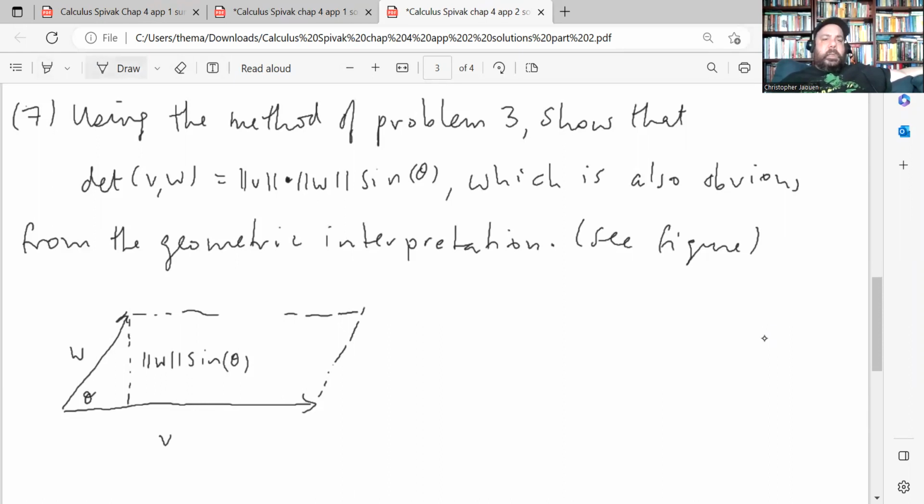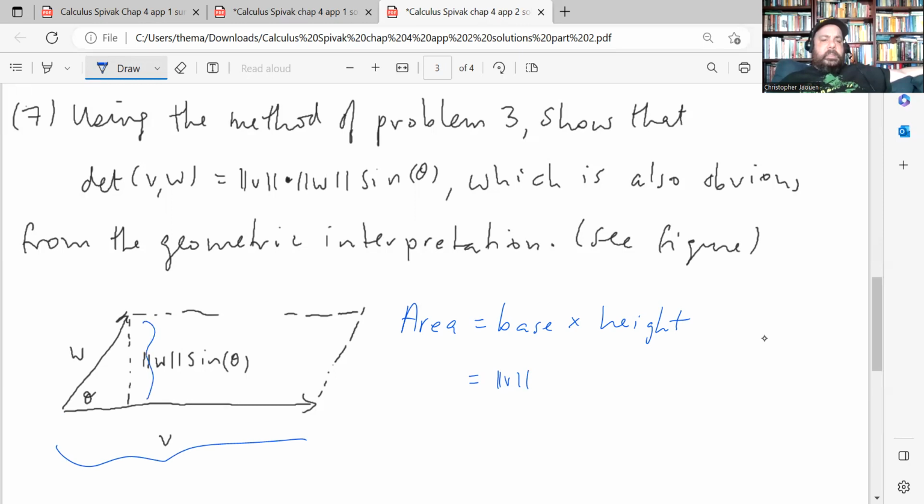So if you look at this parallelogram, obviously the area is base times height. The base in this case is the length of the vector V, right? That's this length here. And the height is this length here. The height H is given by trigonometry. This is the opposite side to the angle theta, right? So that means sine theta is H over length W,